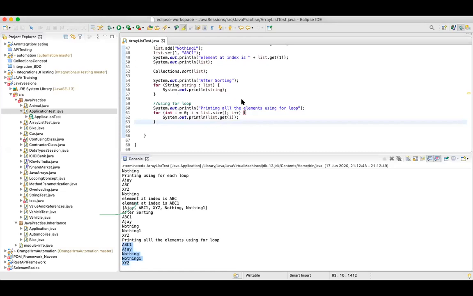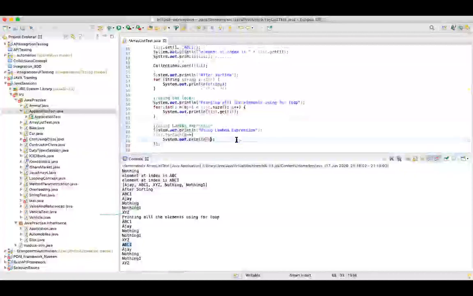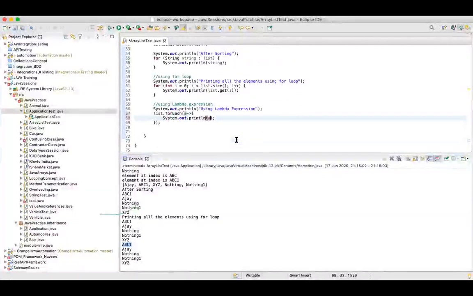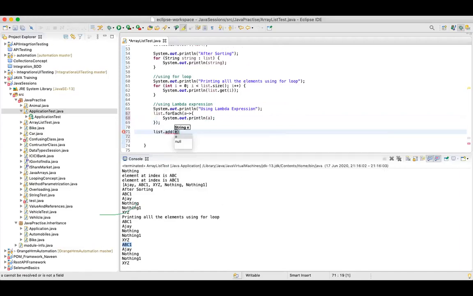Okay, guys. Now, what's next? We have seen update of an element. But now let's assume you want to add a particular element at a specific location. We already have a list with us. So normal add would work like this, list.add, I'll say something. This is normal add. This will add this particular element at the end.